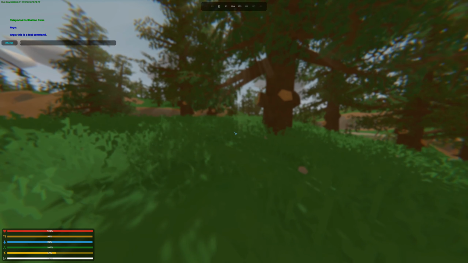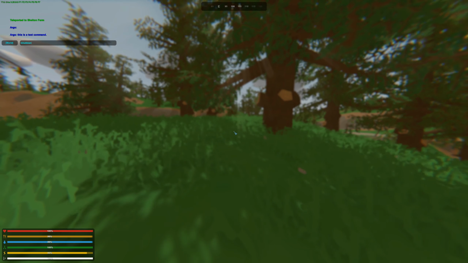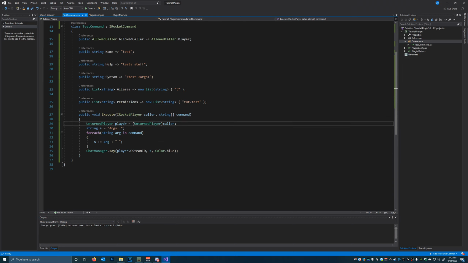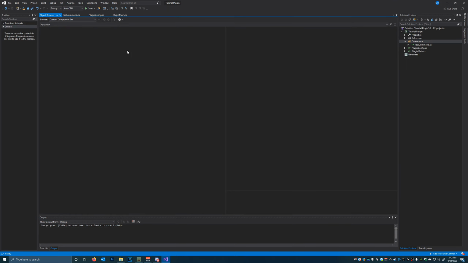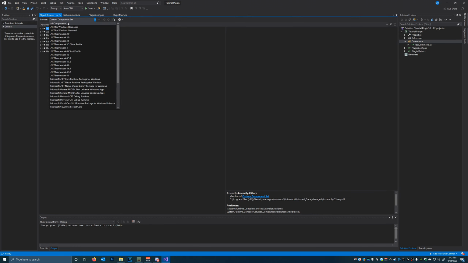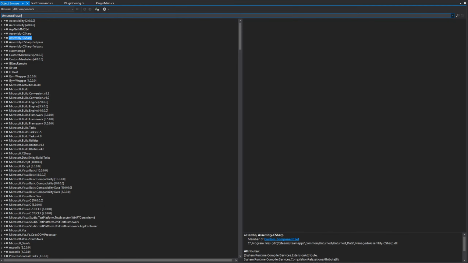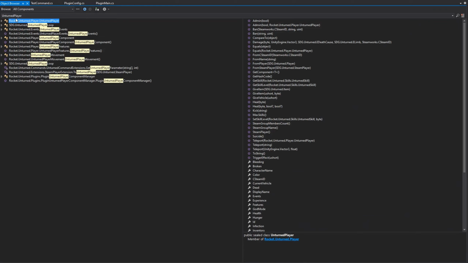I'll show you one more thing, what you can do with this UnturnedPlayer object. So if we go to the object browser that we set up last time with the custom component set, if you did, if not, you can also just go to all components. Just takes longer to search. You can just type in UnturnedPlayer. It'll take a second, maybe freeze for a little bit, but it'll find